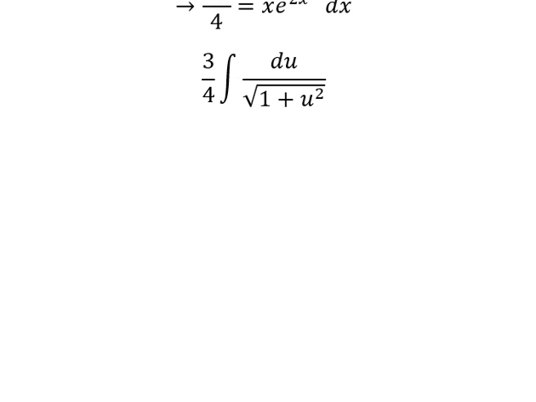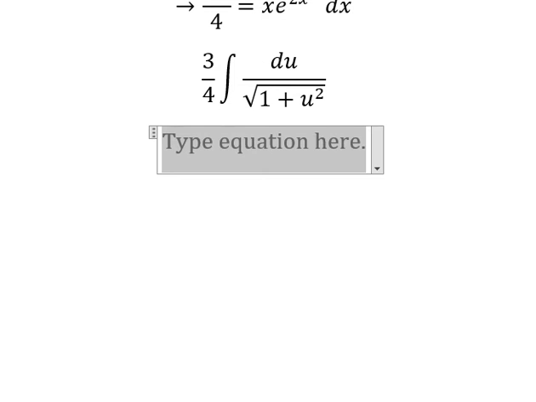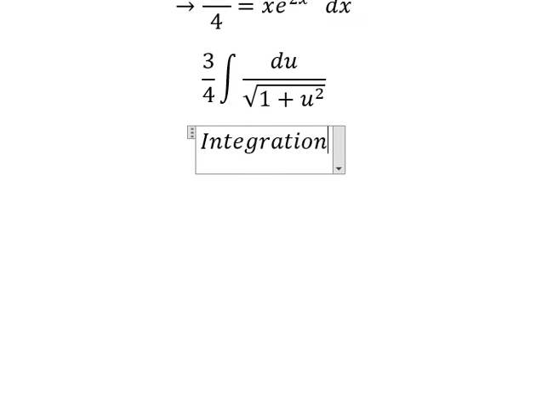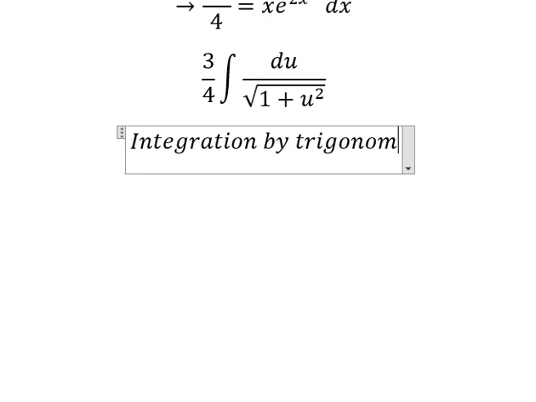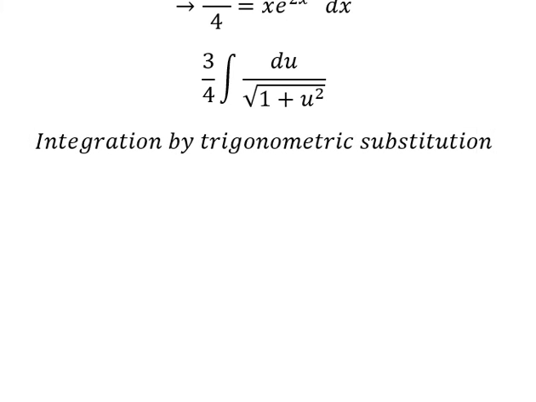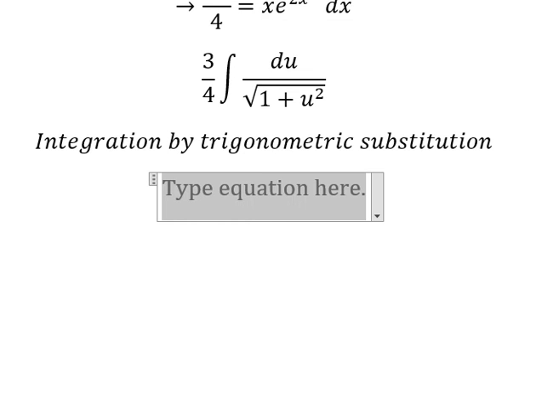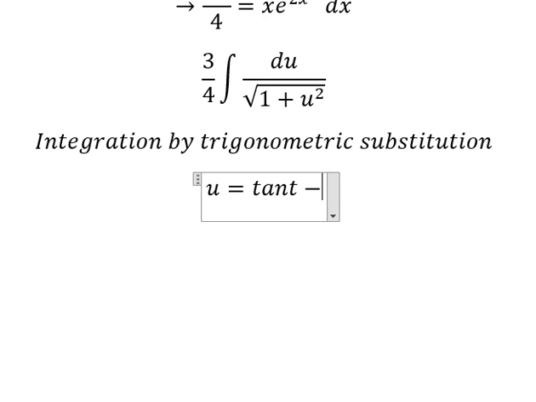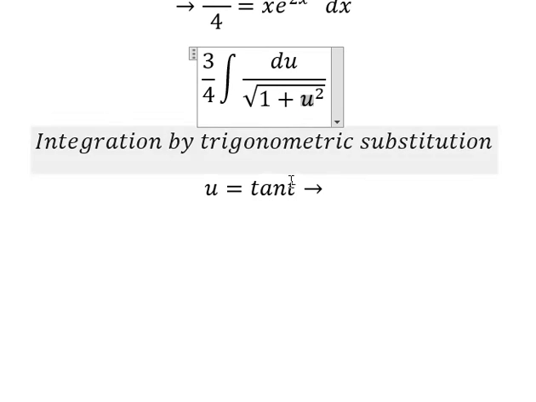So we can use integration by trigonometric substitution. So I will put u equals to tan t, because if I put this one gone here, we have tan t square. 1 plus tan t square we change for secant of t square, and later that we simplify the square root